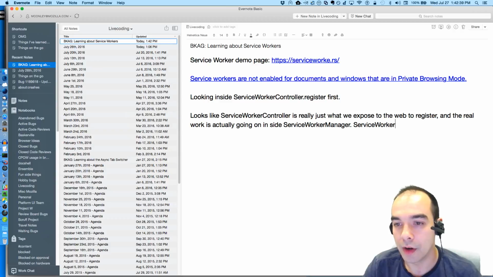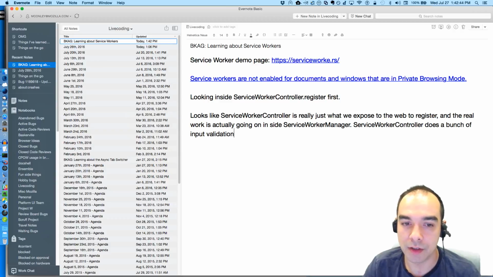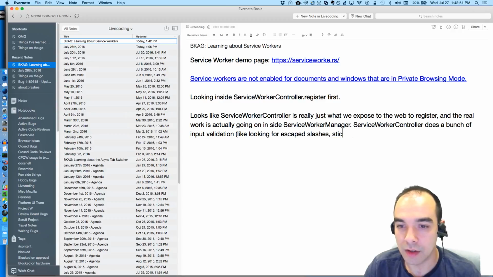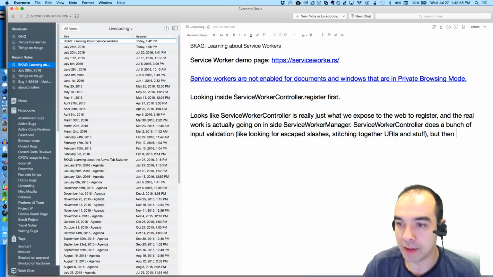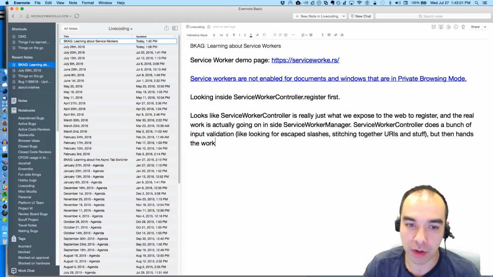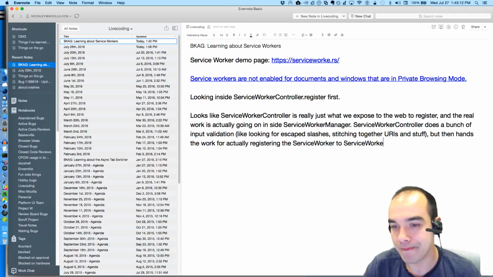Service Worker Container does a bunch of input validation, like looking for escaped slashes, stitching together URIs and stuff, but then hands the work, I shouldn't say the real work, the work for actually registering the service worker to Service Worker Manager.